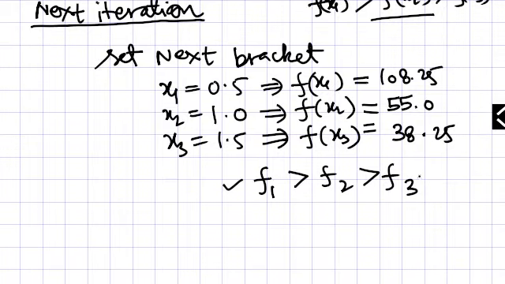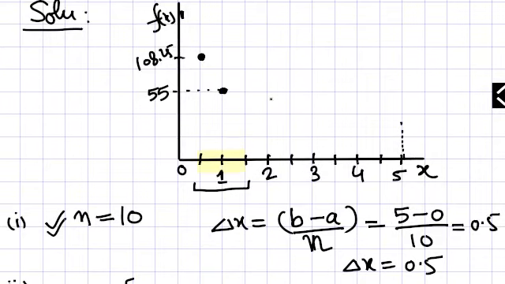Whenever this kind of trend is coming, you will continue your iteration. At this point you are getting 38. Now you will shift your bracket to the next point like this. You can see that we have jumped from here to here. The first point is shifted here, so the bracket has come up to this. Again we will do the same thing.